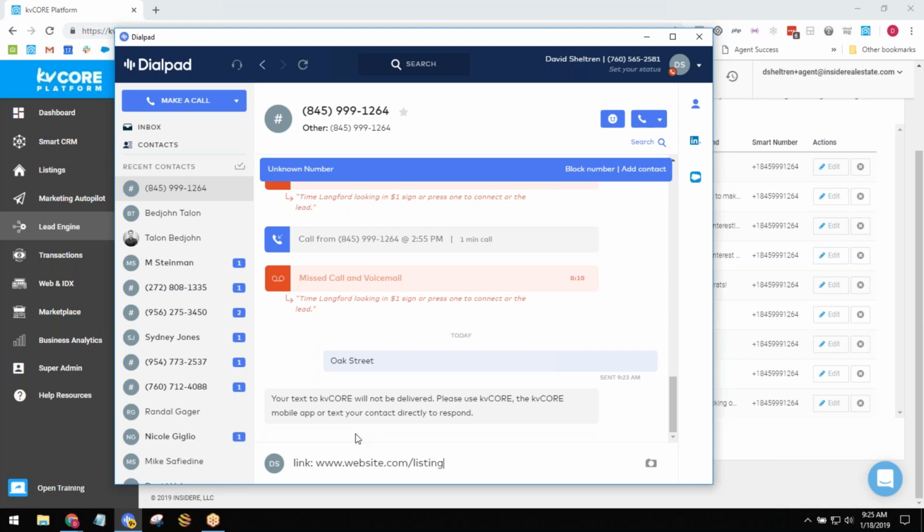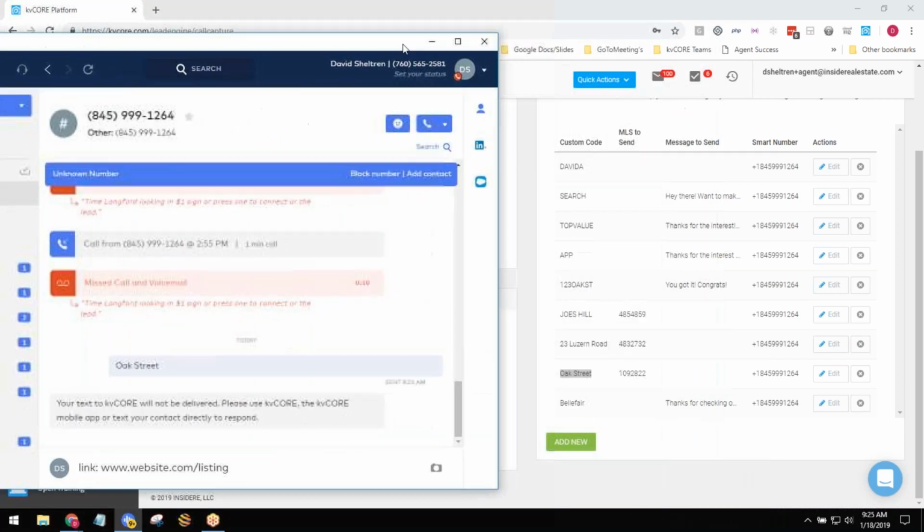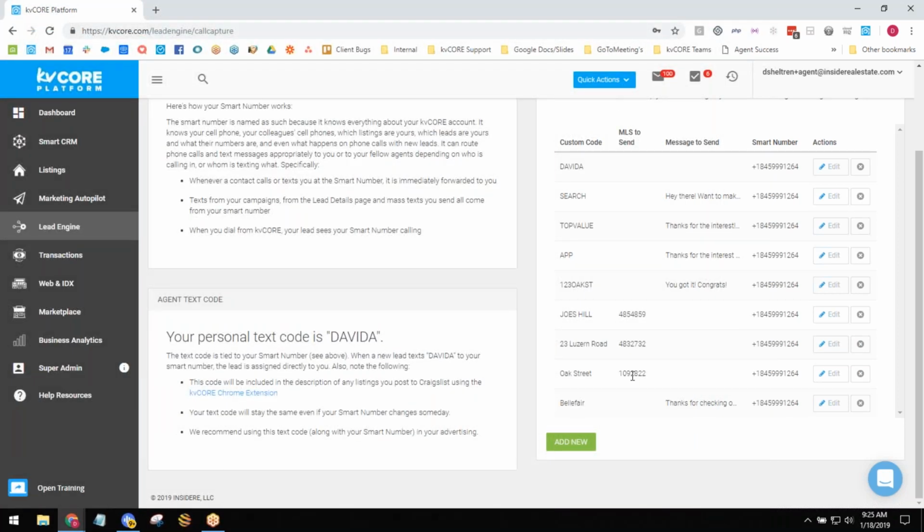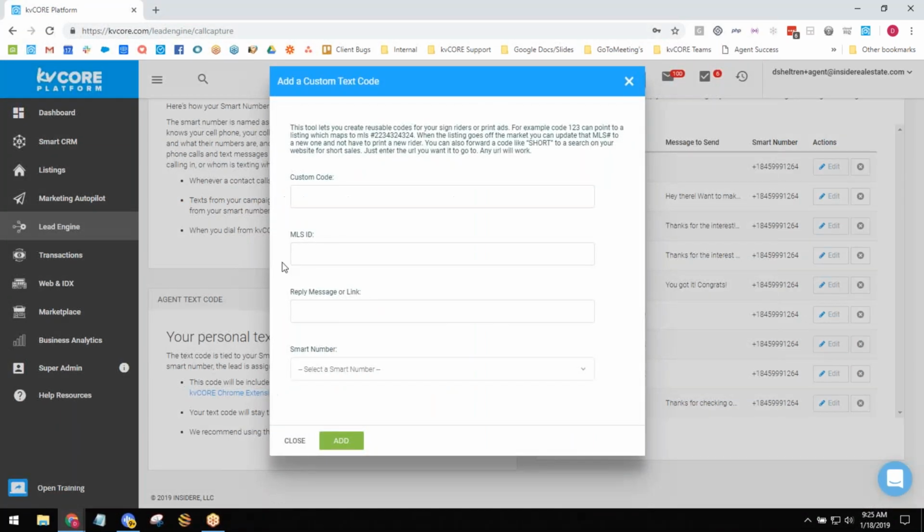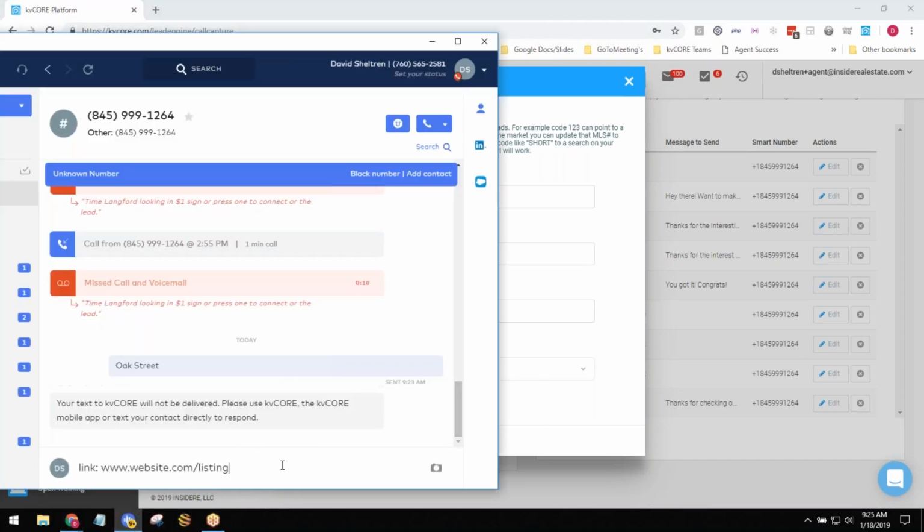Okay. So this is just going to be an automated message. Just so we all know, if we choose the MLS option over the custom written message, it's either this one or this one. So we can't use both. We have to use either the MLS ID or the custom message. Custom message, obviously, I showed you how that works. It just sends back whatever you write here. MLS is going to send the lead back a pre-scripted blanket email. So you can't edit it or do anything. And that's what I was showing you here just a second ago.